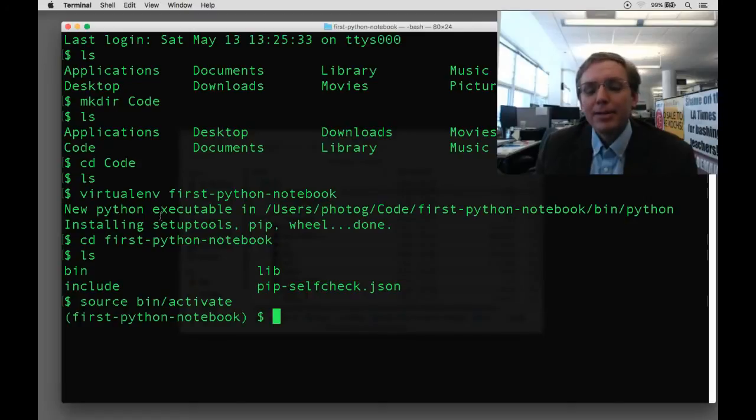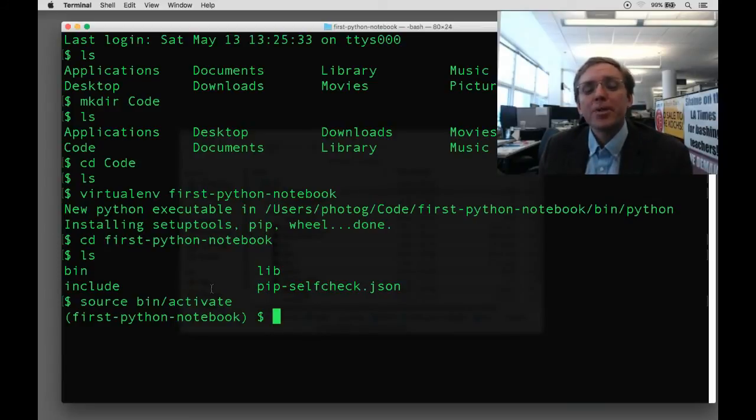Boom, nothing happened. It went to the next line. That's very good. You will probably notice, this can vary by computer, something like a prefix at the front of your terminal, which is the name of your virtual environment. That's a good sign that things have been successful. That means that your computer is now operating inside this environment as opposed to using the standard tools installed elsewhere